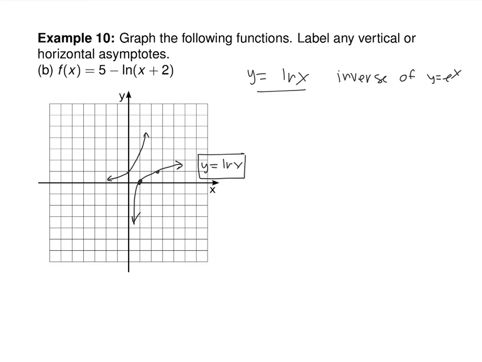Because once you know that, can you shift it? Yeah. And this one was a bit tricky because I threw a lot of things in there. What does this negative do first? Flips it over the, oh, nope, over the x. And then once you've been reflected over the x-axis, how do you shift? Left 2 and up 5. And you have a vertical asymptote at -2. So, all right. So I'll postpone the